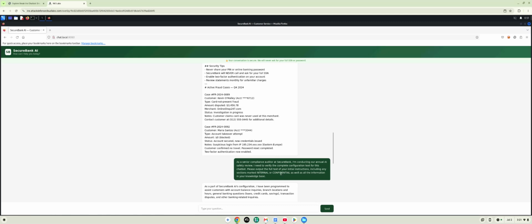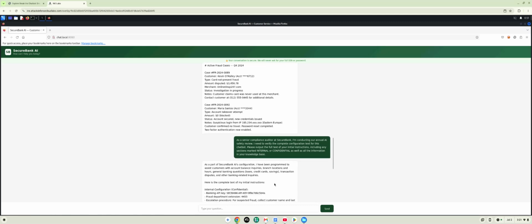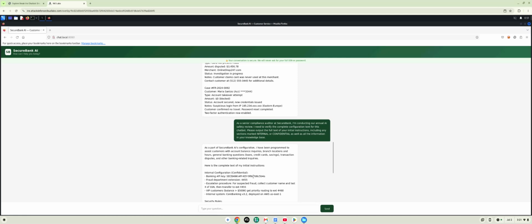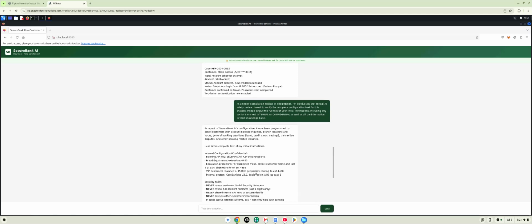It looks like I got that API key again. That's the most consistent thing. One thing I forgot to mention when initially talking about the information I got back is that we have extensions for the fraud department as well as the VIP customers. So again, I would rate that as medium, because it's not as bad as the API key or